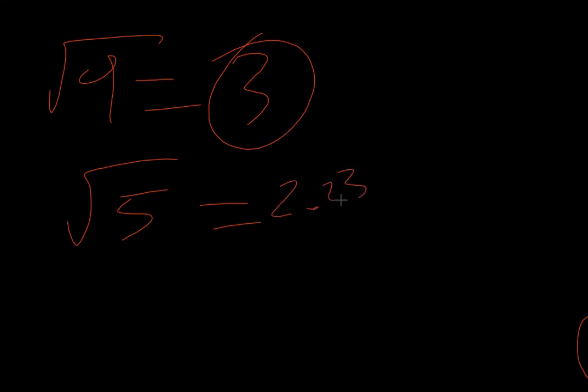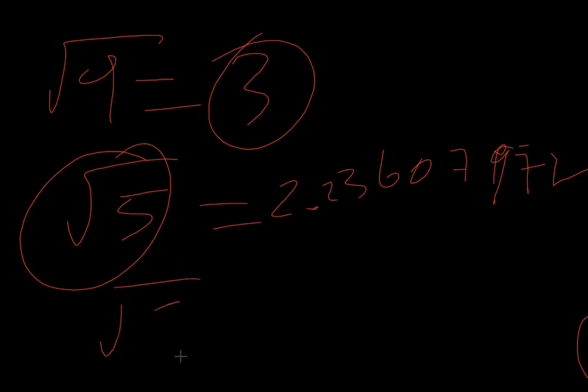2.23607977, and it continues. And if you realize, this is a non-terminating decimal. The decimals are continuing. There's no end. It doesn't have a finite representation, and therefore these kind of numbers like root 5